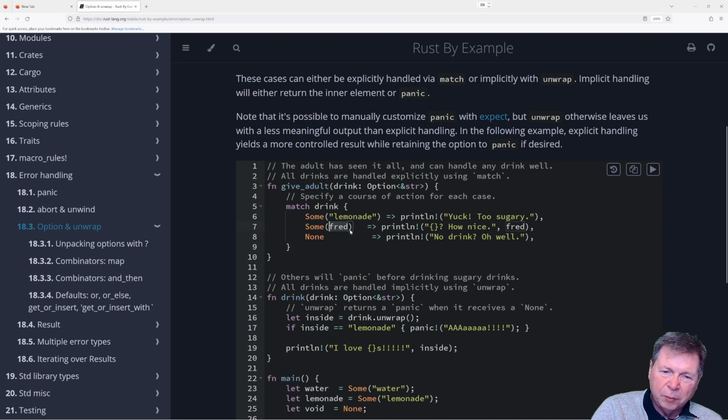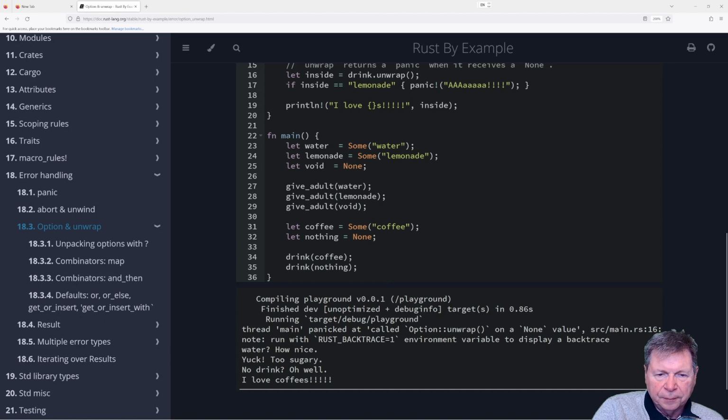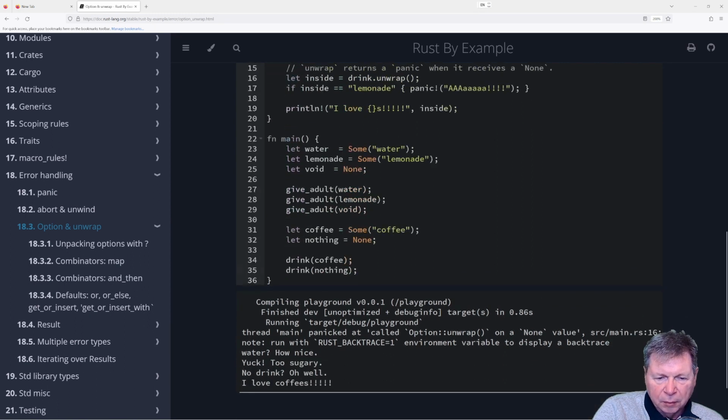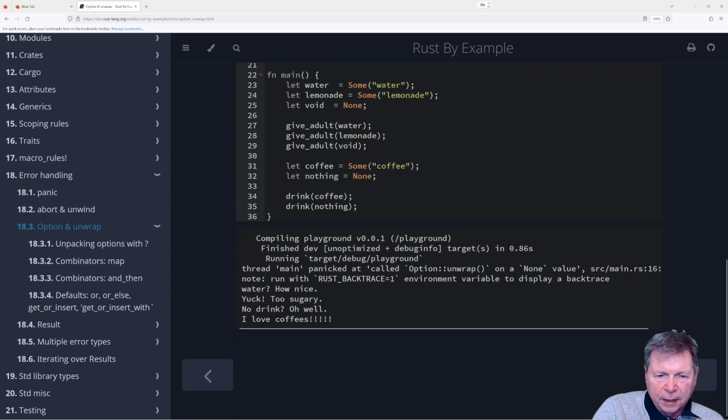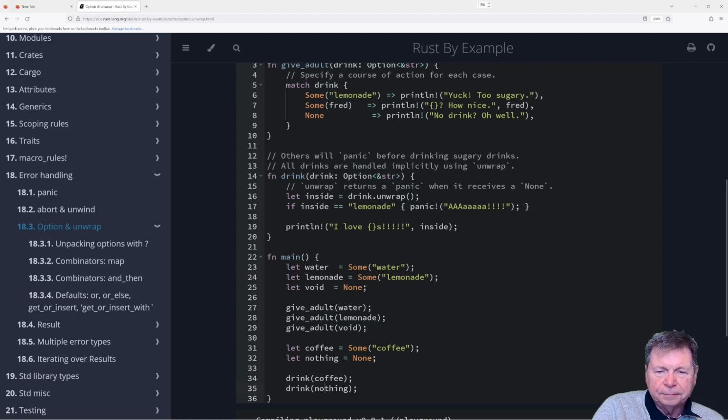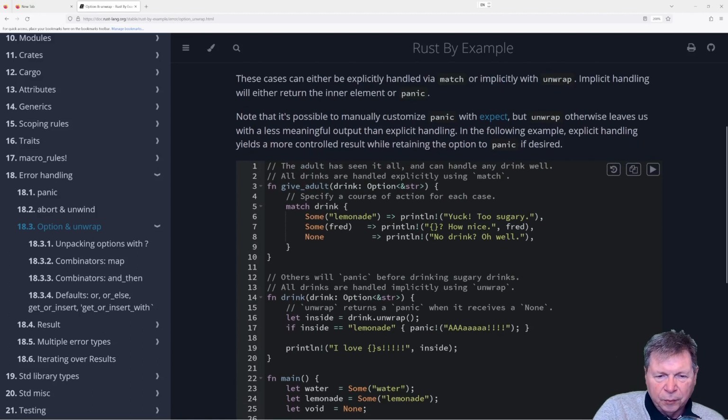They said this was going to be more explicit. I guess it is, because there's no none thing here. So if I drink nothing, this is going to throw the exception. Well, hang on. Yeah. This threw an exception because we unwrapped and we got none. Okay. So here, we caught the none and handled it.